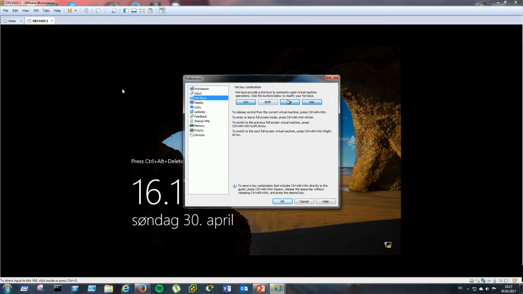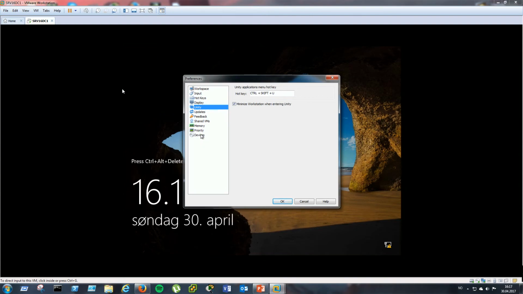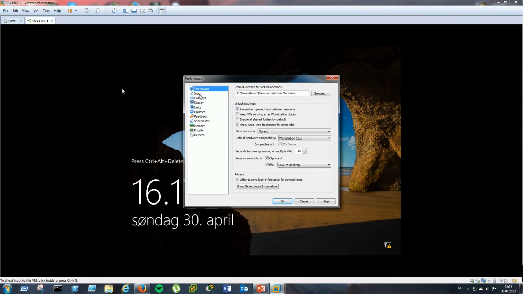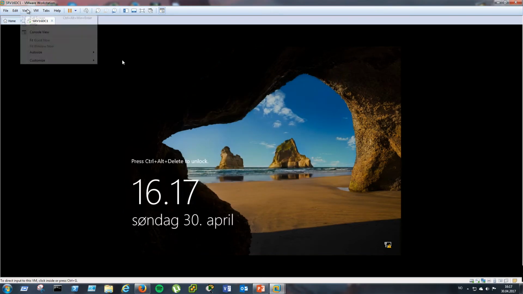I have clicked on Alt, Windows key, and Control to release the virtual machine and get into the host. But let's see. Okay, it doesn't tell, but you can use, instead of